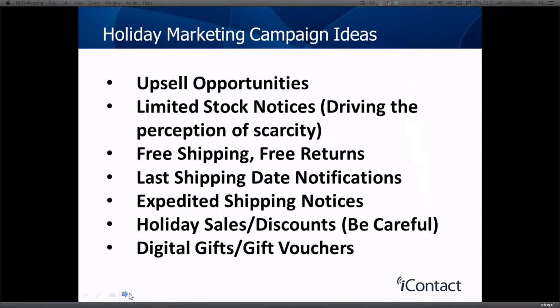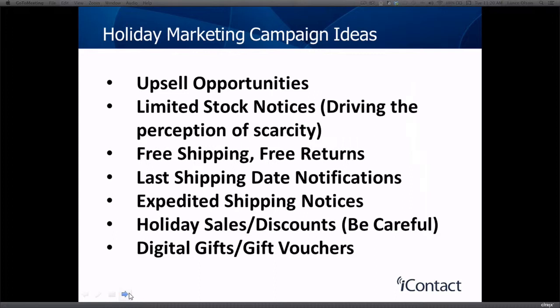So, holiday marketing campaign ideas. There's a number of things you can do as soon as you've got these email addresses and you're hitting them straight away. Number one, upsell opportunities. If somebody has bought something from you, send them an email and get them to buy something else from you. This can be factored into something very simple, like your thank you email. Thank you for purchasing this item. How about looking at these other complementary items? You should really only send people emails that are connected to their purchase. For example, if you're a fashion retailer and somebody has bought ladies fashion, you should really only send them emails about ladies fashion. So send them those complementary upsell opportunities.